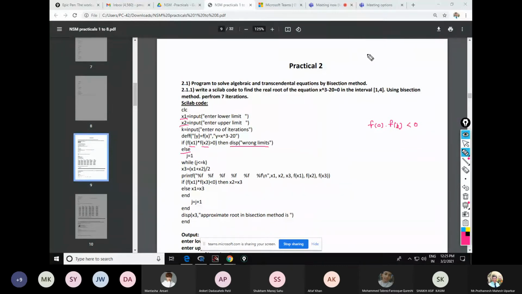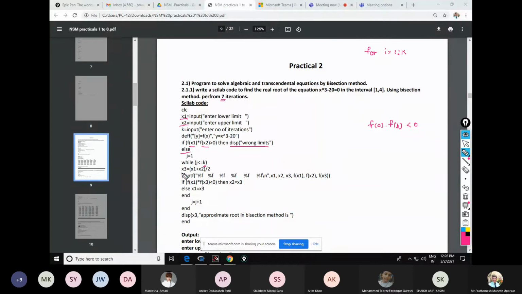Else क्या करना है? आपको लूप स्टार्ट करना है। तो लूप कैसे डिफाइन कर सकते हो? I have already given you loop syntax. क्या होता है लूप का सिंटैक्स? Either for i is equal to 1 colon k. You can define the loop like this also. Colon defines the limit, 1 to k में से 1 के रेंज में स्टार्ट करता है। या फिर आपके पास while loop है, so for while loop we have defined a counter, one counter j is equal to 1. We have to do 7 iterations, so 7 iteration करने हैं, इसलिए j is less than or equal to 7.